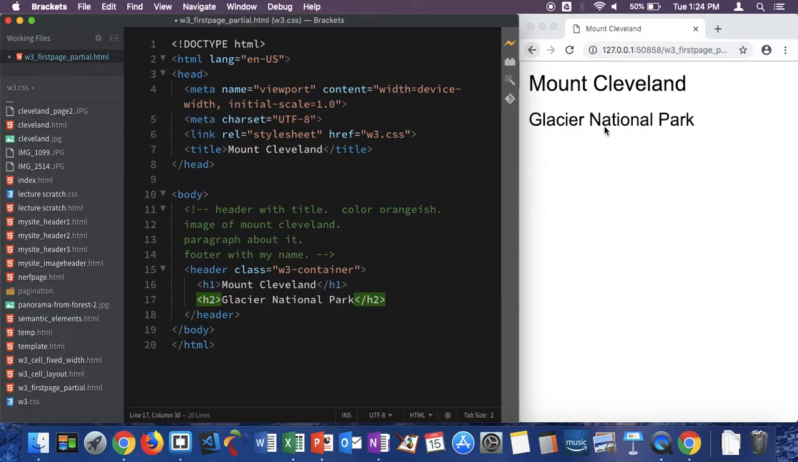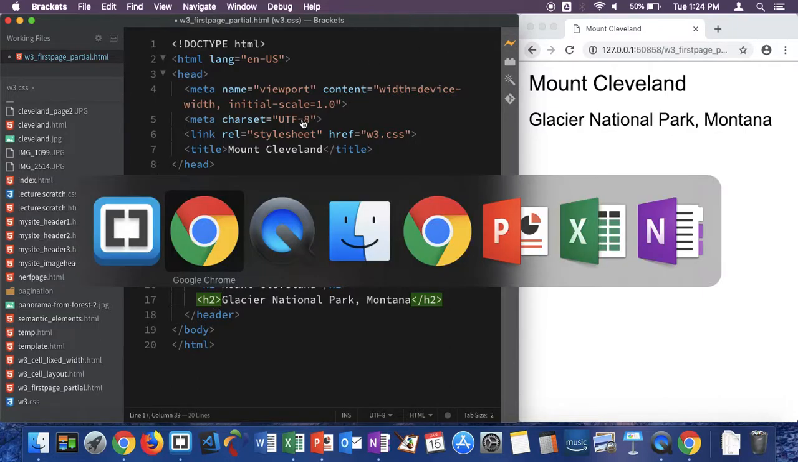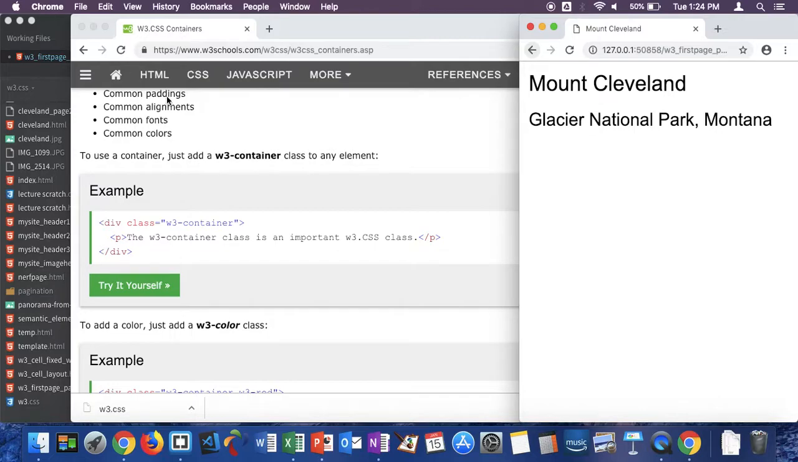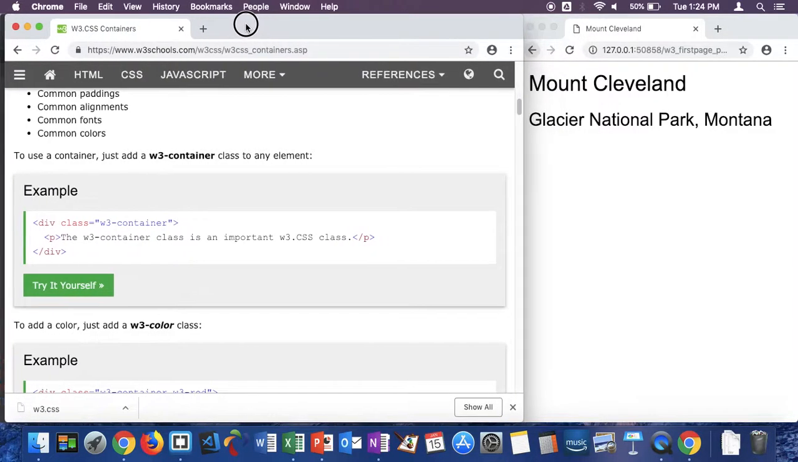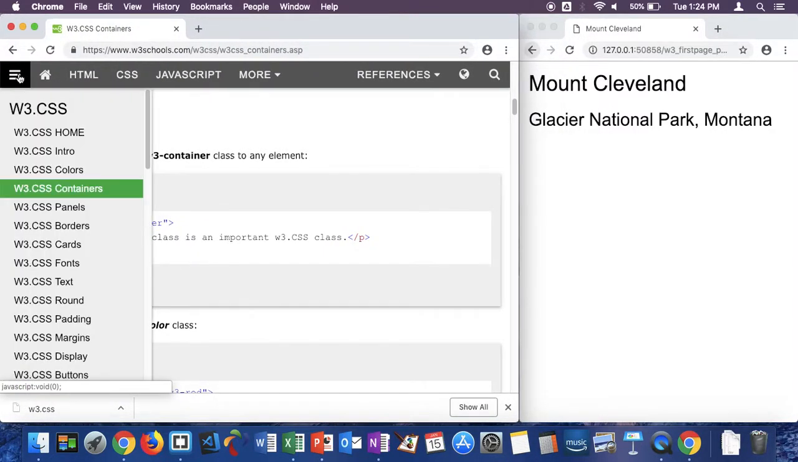Because Mount Cleveland is in Glacier National Park, Montana. Now I want this to be smaller. I could do that by changing the header, but I shouldn't. I'm going to show you that in W3 CSS there are classes that we can use to change the size of the text. So we'll go to fonts,